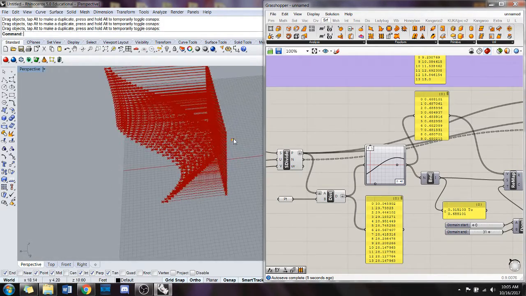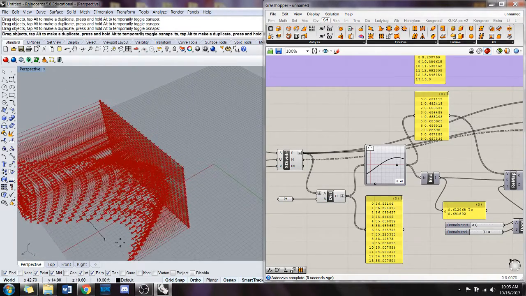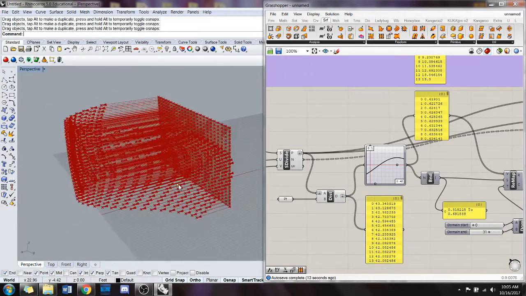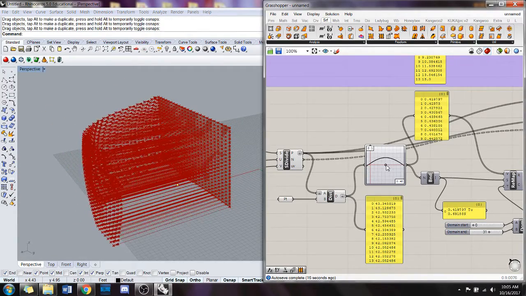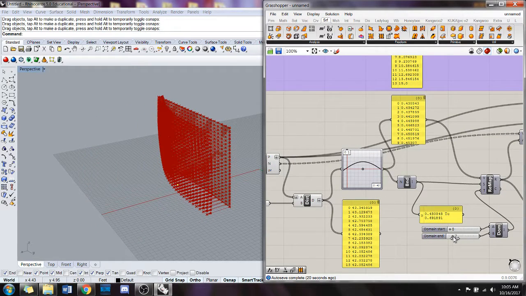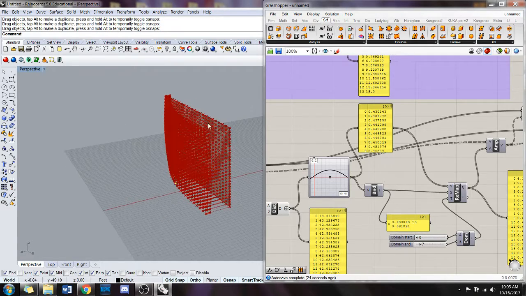I'll have to look at the file that Rachel has, which is working as intended. I will, if I can't figure that out. The logic is the same in that once you start to offset these points,